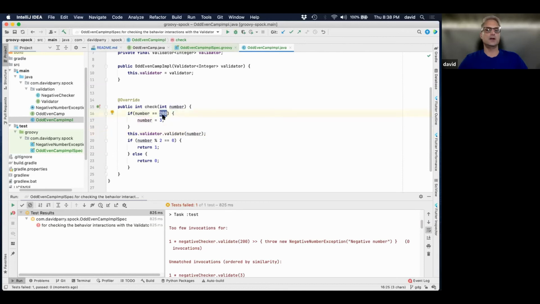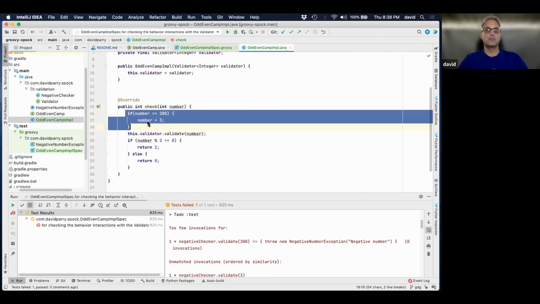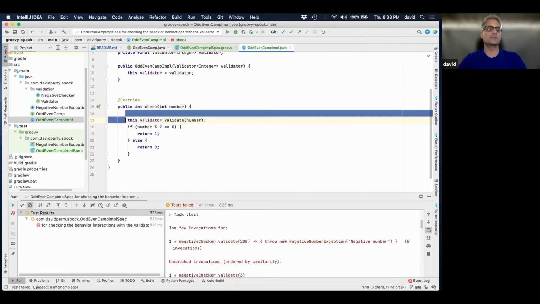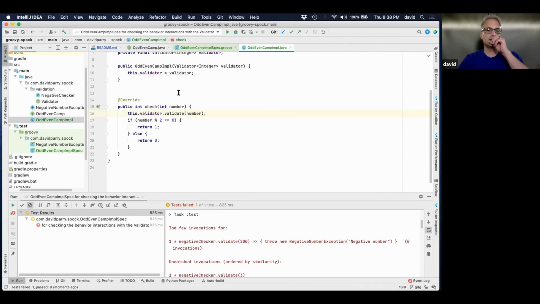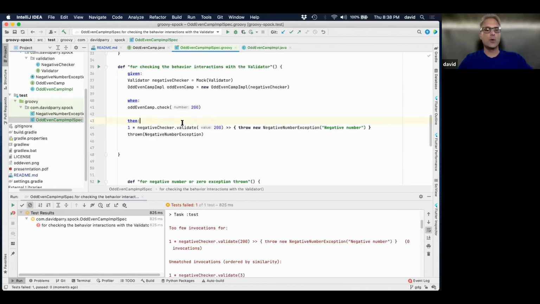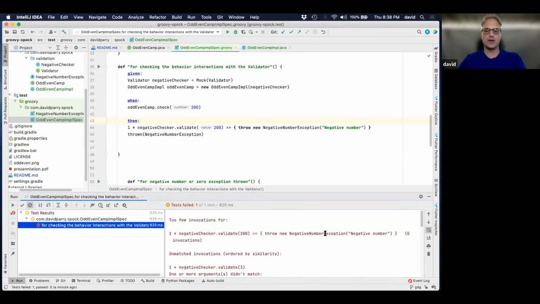The number that you pass in should be calling validate, and that's it. Now, you can say, well, no, it's supposed to be that code now. Well, if it is, then that developer has to go in and know exactly where the test is, know what the behavior was, and say, oh, okay, well, we're not doing that anymore. It's always going to be 3 if 200 is passed in.